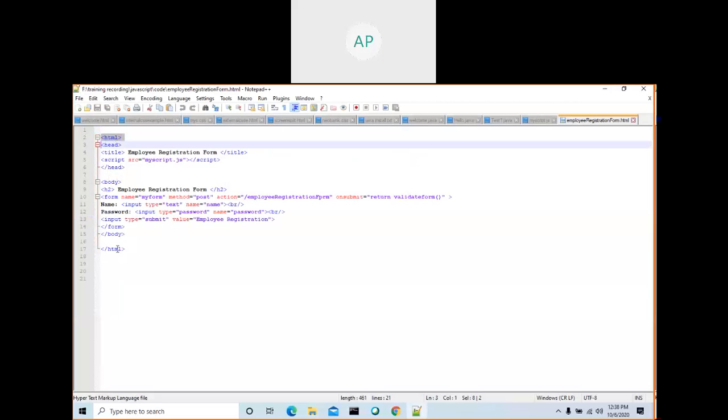You can understand this is an HTML document with a title, script. I added the script. This can be any name, your file name. It should be a meaningful file name, you can give any name.